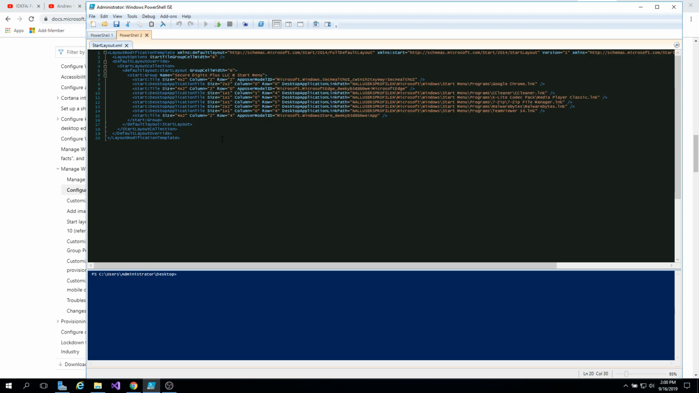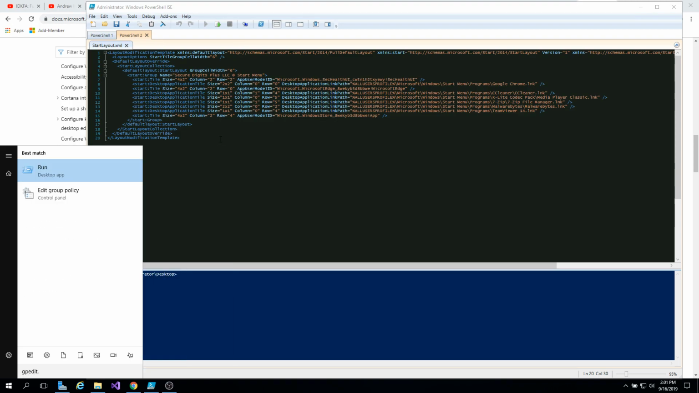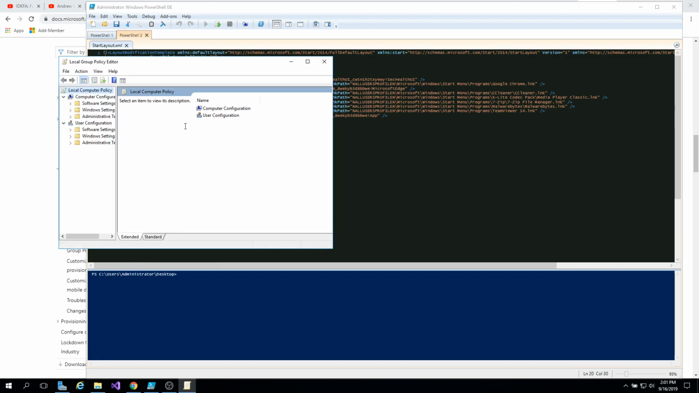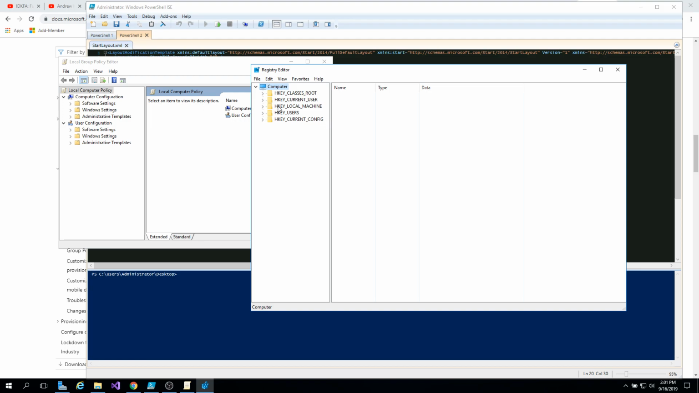So what I mean is that you have to go into group policy. So gpedit.msc. So this is group policy right here, and it's not too dissimilar from the registry, where things here are a little bit more